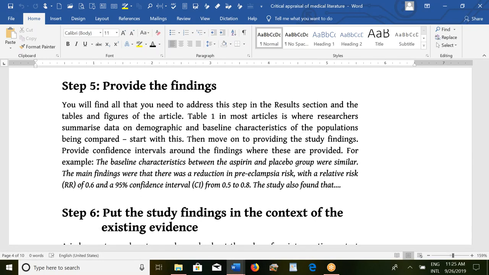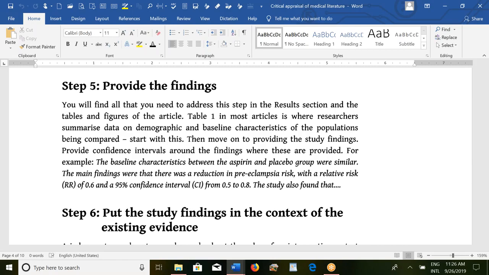Summarize that. You will get all the information, just underline that. Don't try to write on a separate paper because it will be hard, okay? Don't waste your time. Then provide the findings. You will find all that you need to address this step in the results section and the tables and figures